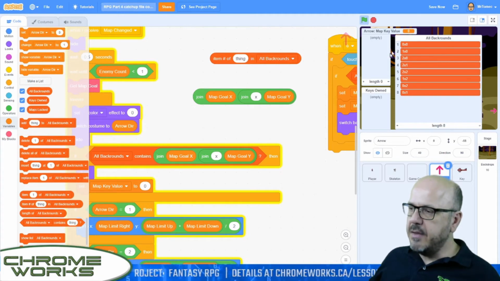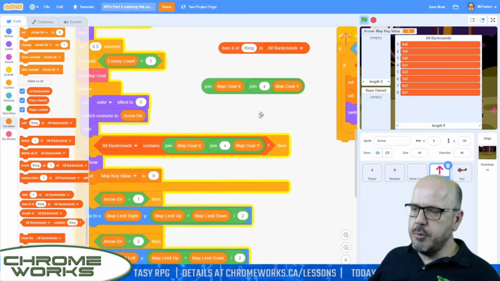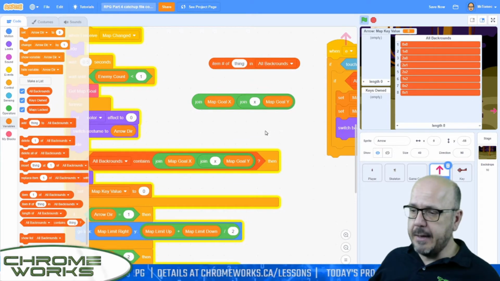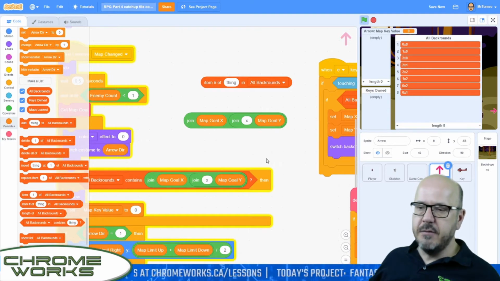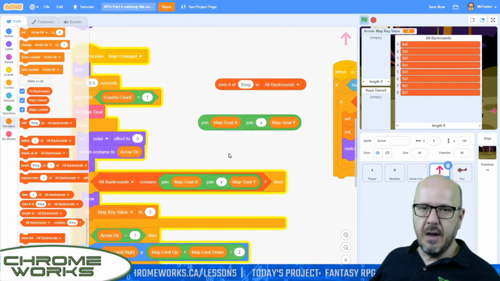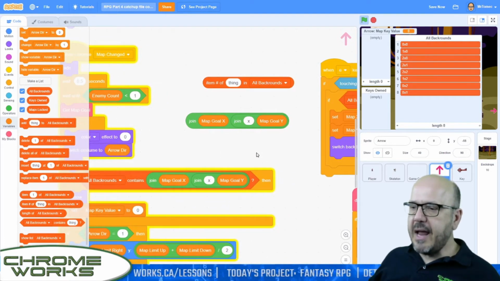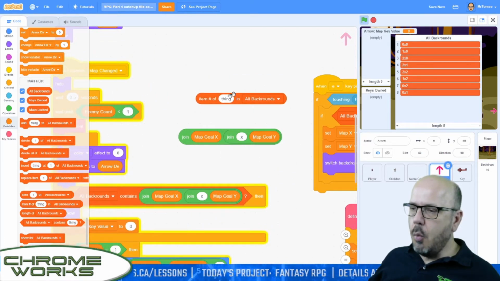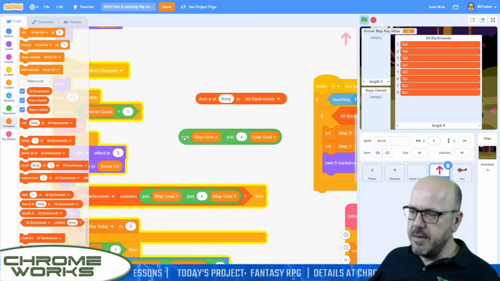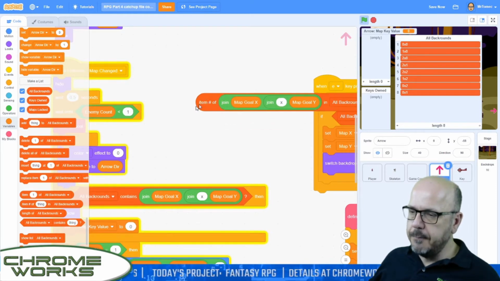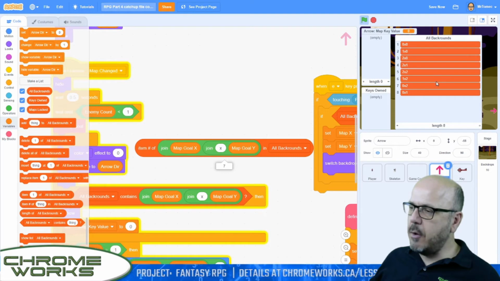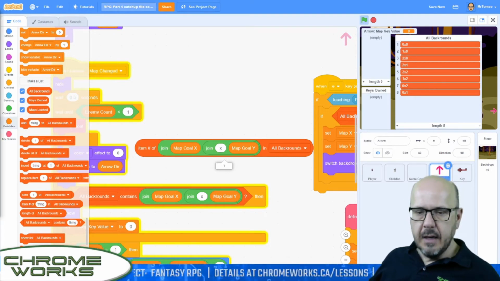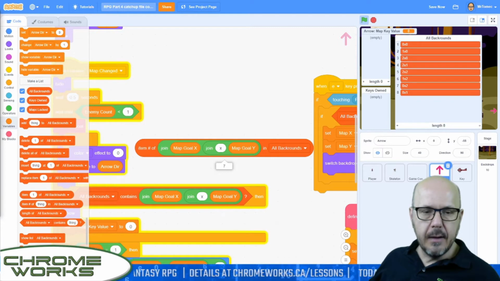So these will create these multi-level variables, which we would call data arrays in ordinary coding talk. So an array is just a list of information instead of one particular piece of information like would be stored in a normal variable. Okay, so we want to know which number that is on the list. We just drop this entire block here into the bubble. And now the number we get back is 7, which is what we're looking at. So we now know this is list item number 7. Now we're going to compare that